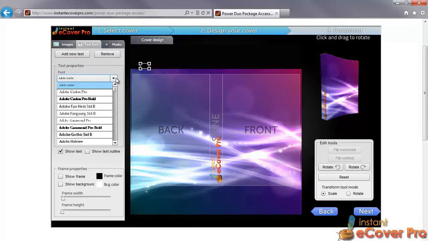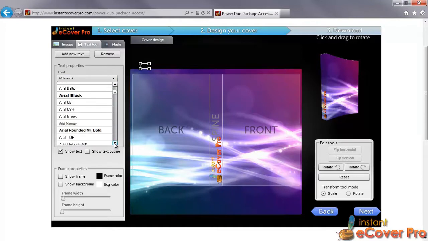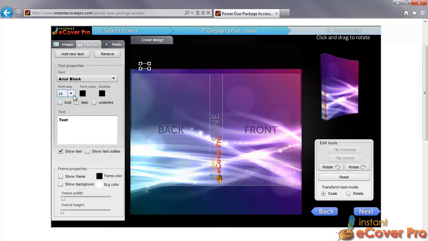From here, you can choose the font that you want. You'll see a bunch of different options that we can choose from. And I'm going to stay fairly basic. I'm going to go with the Arial Black. Then you can choose your size, and I'm going to choose, let's do 50. And it's kind of hard to see because we've got that black background right now. But what I'm going to do is click in the middle of this, and drag it over to my cover here,